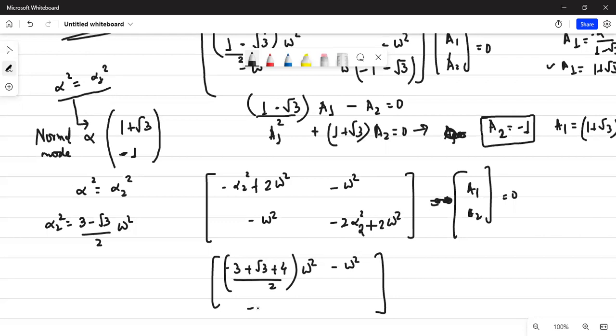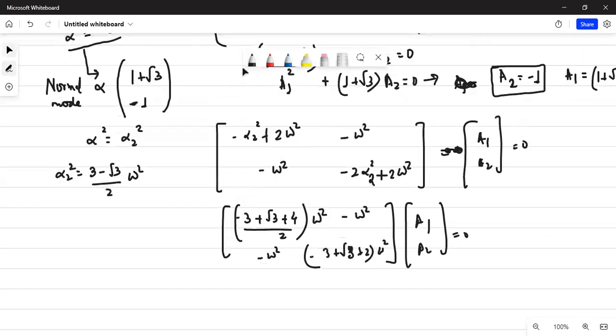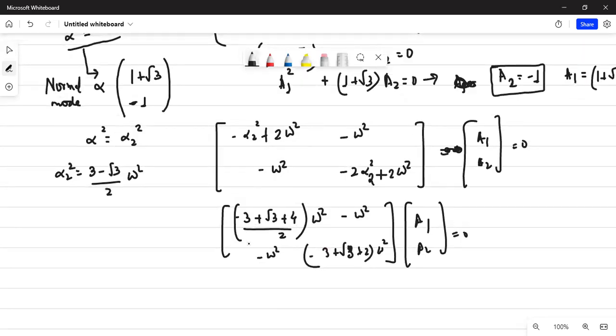and minus omega square here as well. And then minus 2. So this will be minus 3 plus root 3, and then again plus 2, and then omega square, and then a1 and a2 equal to 0. And indeed this would give me what? 4 minus 3 is 1, so this would be 1 plus root 3 upon 2, and I will get omega square from here and minus omega square here, like a1 here, and forget about this omega square a1, and this will be like minus a2 equal to 0, and another one will be minus a1, and then you can take plus